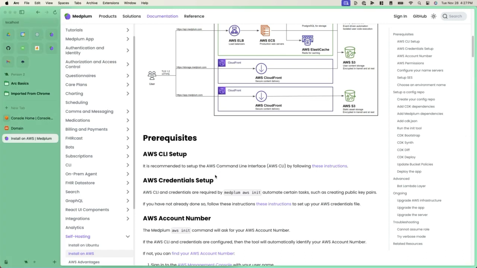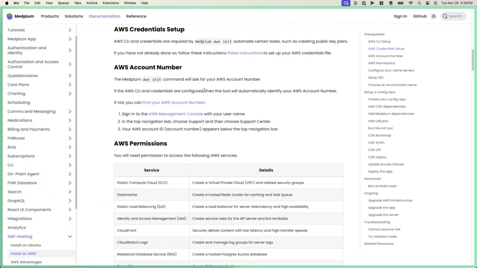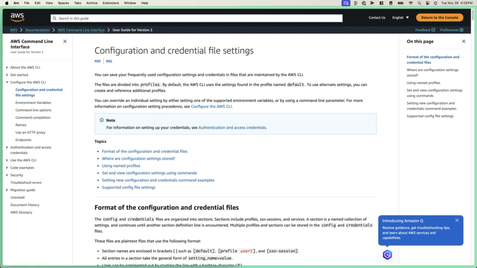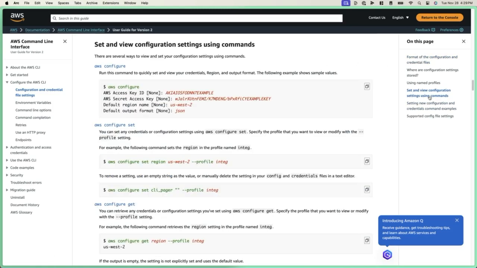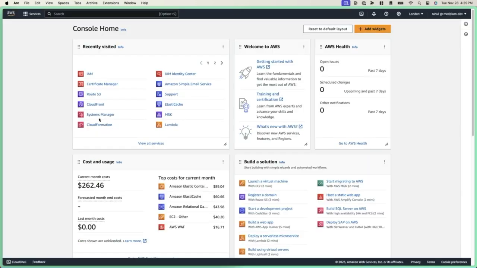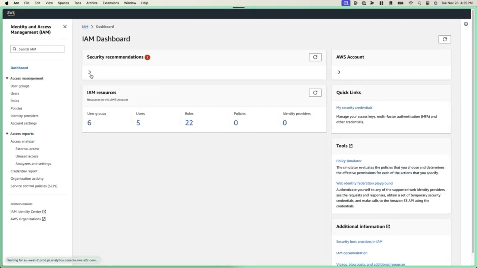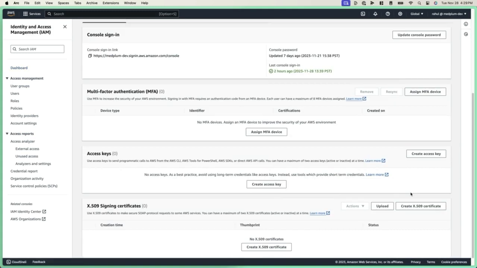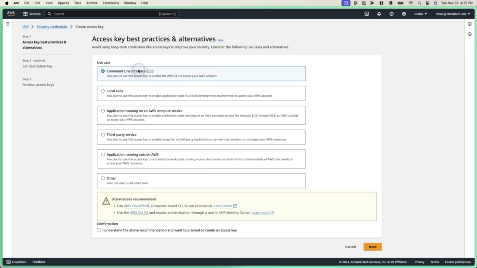Our next step will be to set up our AWS credentials so that we can use the CLI tools to modify our cluster. So I'll click on the instructions, and then on the right, I'll select Set and View Configuration Settings using commands. That'll be the technique I use. And the first step I'll do is to go to my AWS console, look at the IAM dashboard, click on My Security Credentials, scroll down to the Access Keys section, click on Create Access Key, select the CLI section,